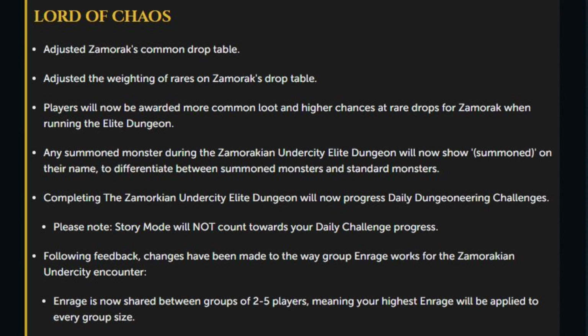differentiate between summoned monsters and standard monsters. Completing the Zamorakian Undercity Elite Dungeon will now progress daily dungeoneering challenges. This does not work for story mode, however. Following feedback, changes have been made to the way group Enrage works for the Zamorakian Undercity encounter. Enrage is now shared between groups of 2 to 5 players, meaning your highest Enrage will be applied to every